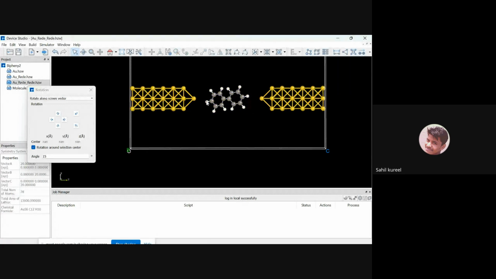Please follow that step and you can go with the same screen view like this. If you have completed that step, you can again